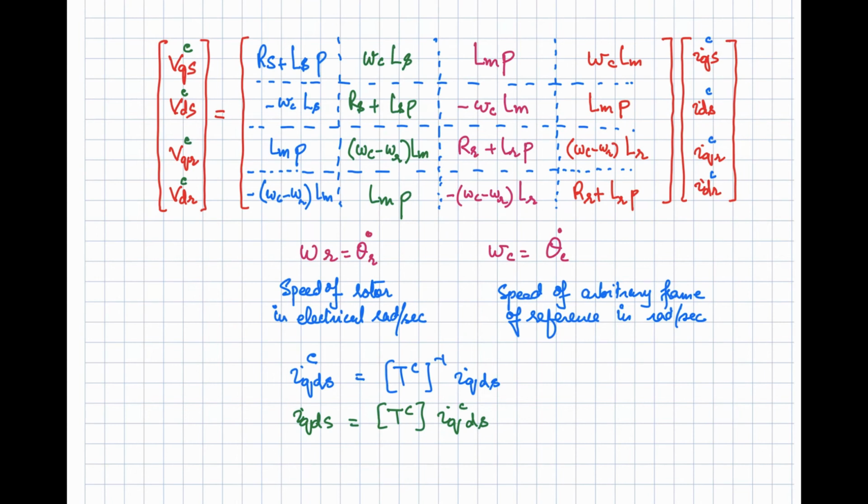Just imagine, first of all, your rotor was rotating. You translated it in terms of the fixed one along the D and Q axis of the stator, and then you are translating it back into a frame of reference that is rotating with the speed omega c. So the difference between these two speeds, omega c, the speed of the arbitrarily rotating frame of reference, and omega r, the actual speed of the rotor, is the slip speed with respect to the frame of reference in which you are translating. You are translating in the frame of reference whose speed is omega c, and the actual speed was omega r. So with respect to that, we call it the slip speed in that frame of reference, right?